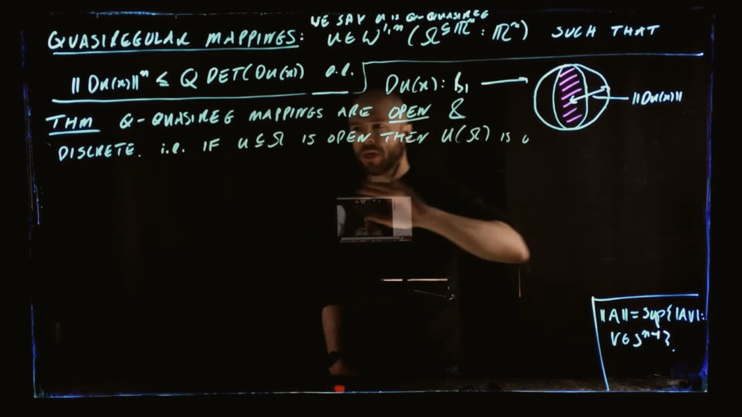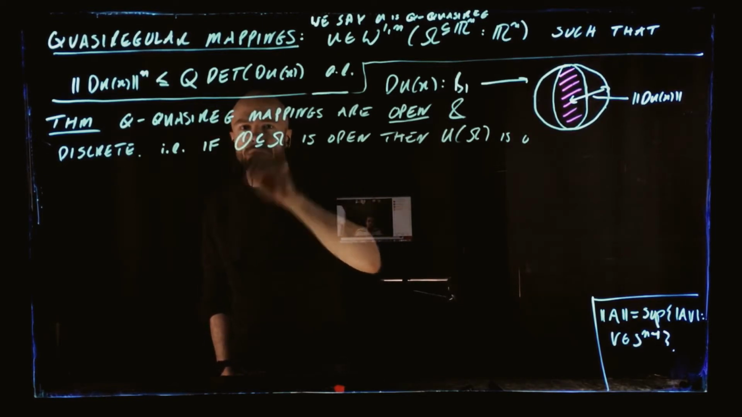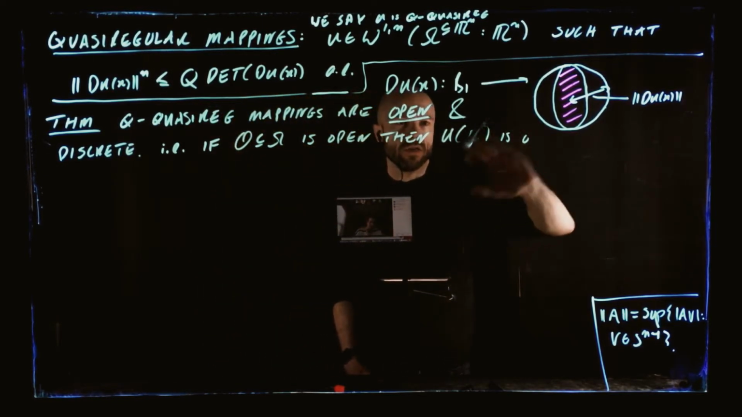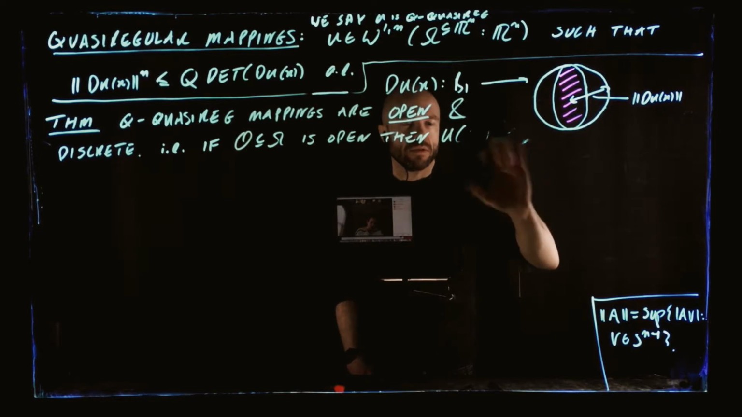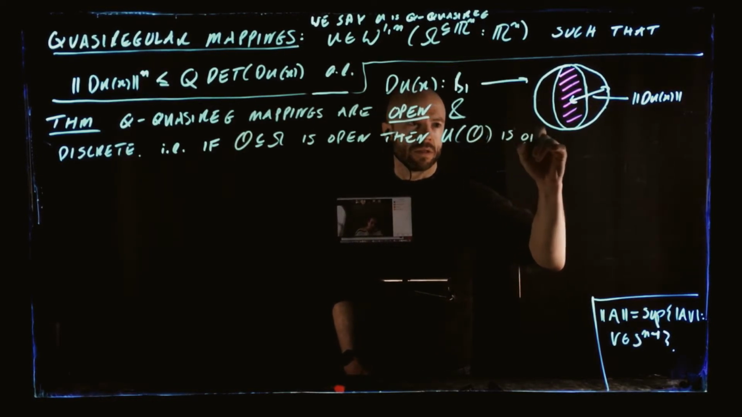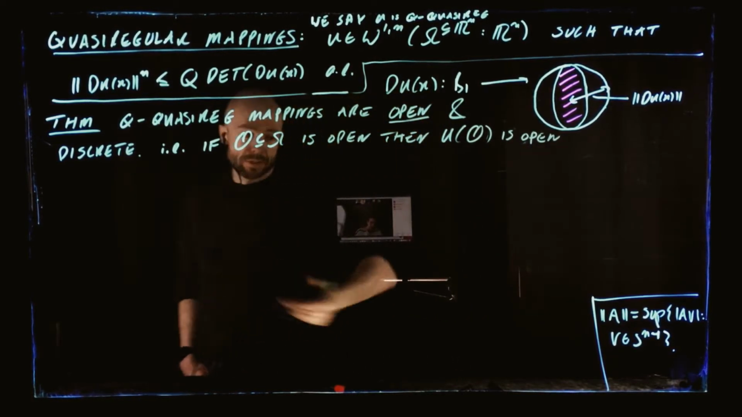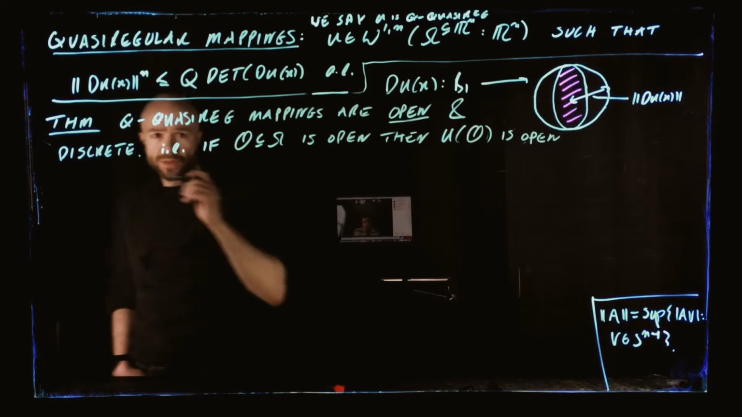U is a very bad choice. Let's call it this thing. Let's call it O. That is open. And we know this from, no, this is true about holomorphic mappings. This is the open mapping principle, okay? And discrete